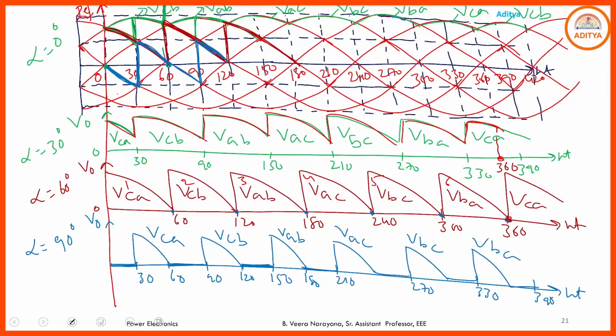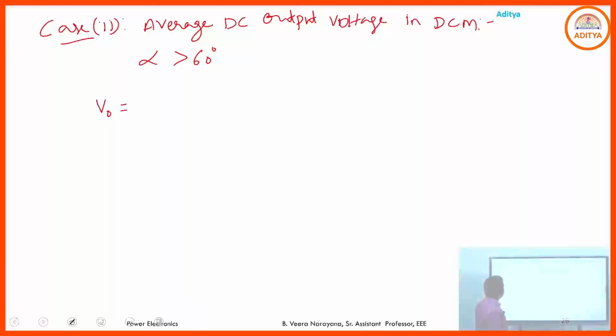Then how will you write it? If you choose alpha equal to 90, 150 to 180. If you choose alpha equal to 60, 120 to 180. Then how will you write that? The limit here is 60 plus alpha, right? So under discontinuous conduction mode, the average